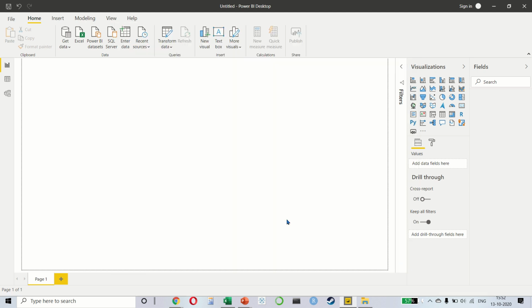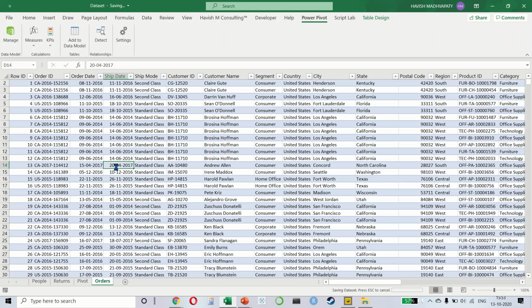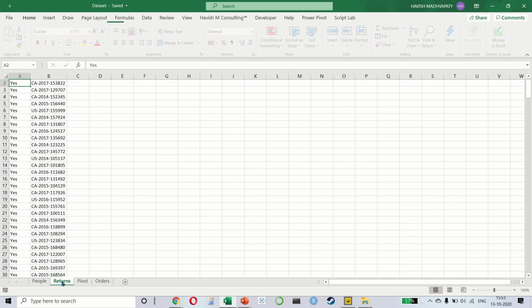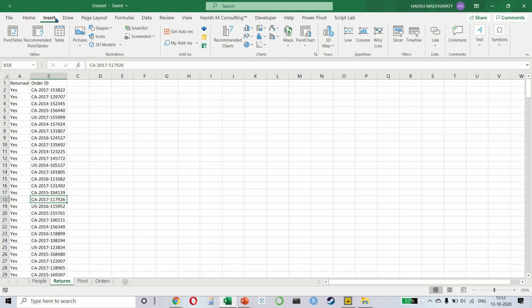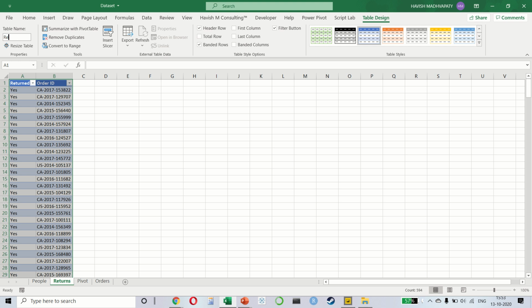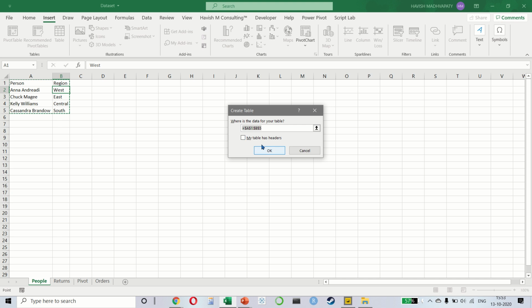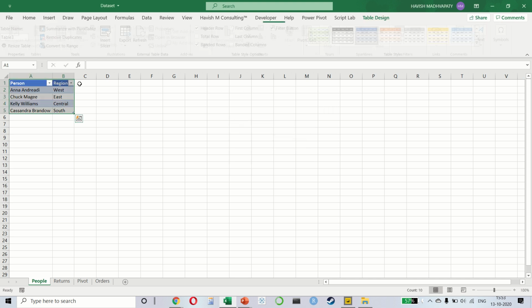So let's cancel this. Let me go back to my data set, and we already have the orders table, which we have called as HMC. My returns, I'm going to click on Insert Table. Select the option called My Table Has Headers, and we'll call this returns. In fact, just for simplicity, I'll call this HMC underscore returns, and the people one will become, I hope you have guessed it. So insert table, select the headers, and we'll call this